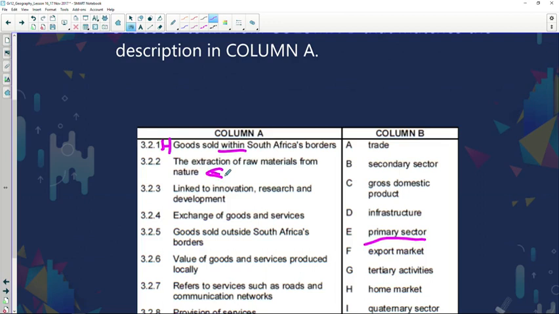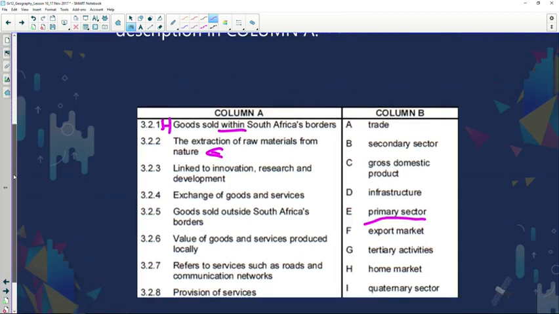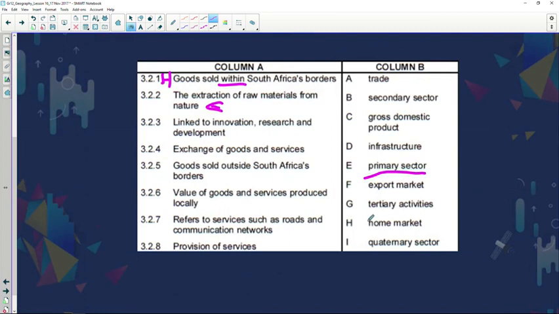Linked to innovation, research, and development, and that will be our fourth sector, and that's quaternary. Where is quaternary over there? That's I over there. Exchange of goods and services. What's basically happening over there? We trade with one another, so 3.2.4 will be